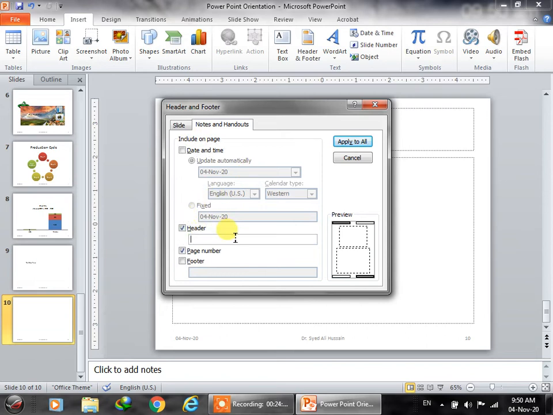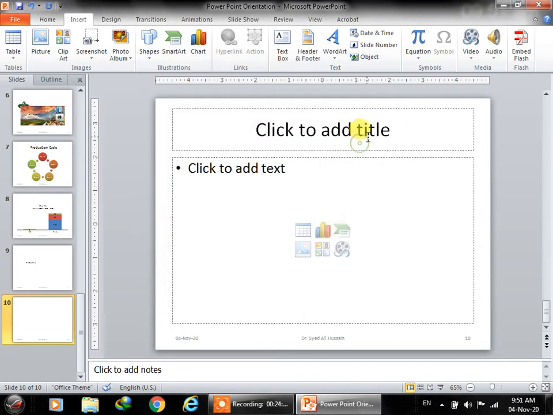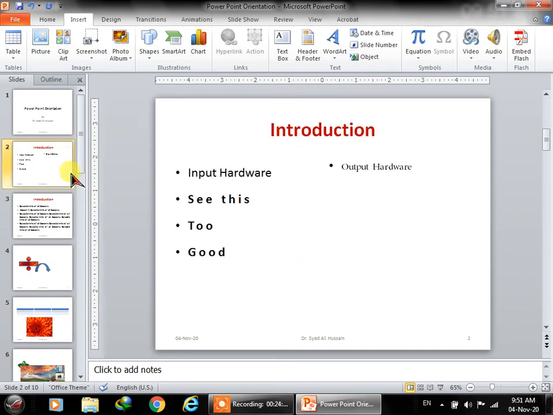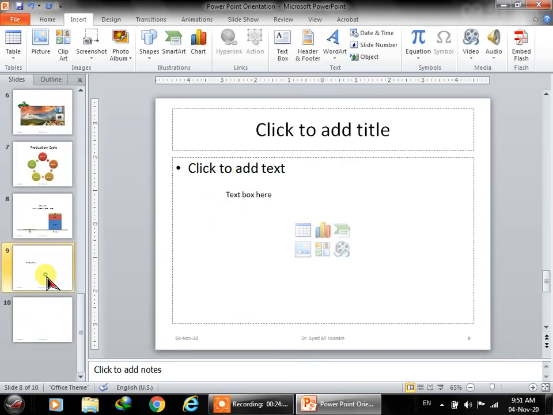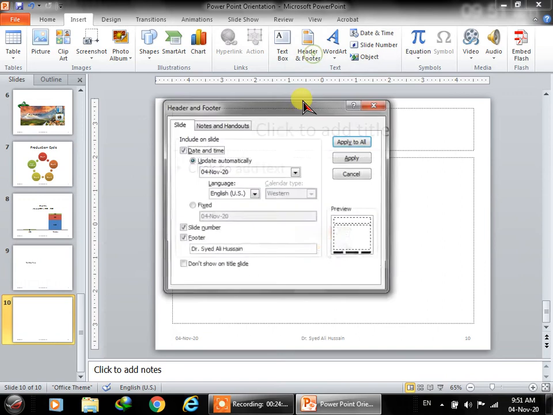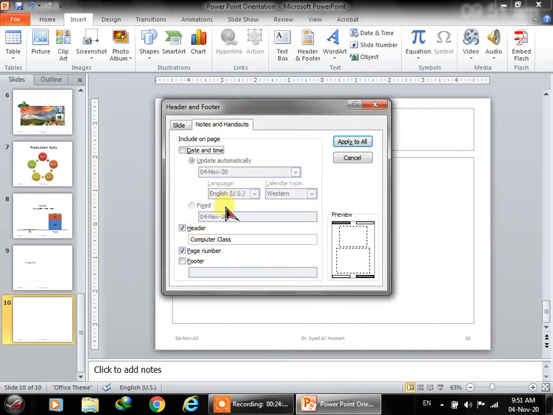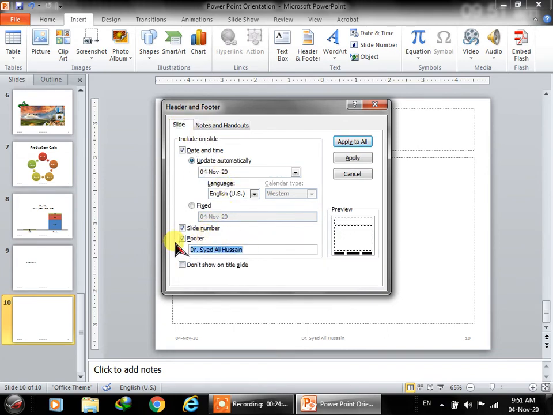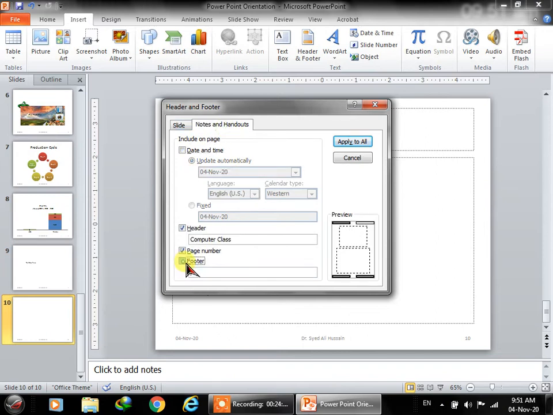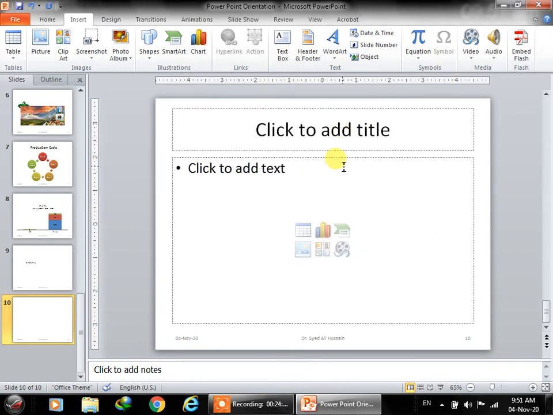Let's say we want computer class as our header. So it will add header and footer.